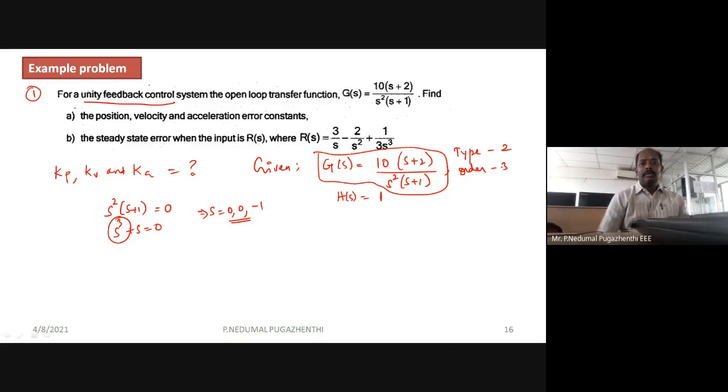So please, if you have a doubt, please ask me now. What is the type? What is an order? Do you have any doubts now? I have explained it clearly in your time response analysis itself, in the transient response analysis, type and order. And still again I am explaining the same. Even now, if you have a doubt, please ask me again. I will try to explain to you.